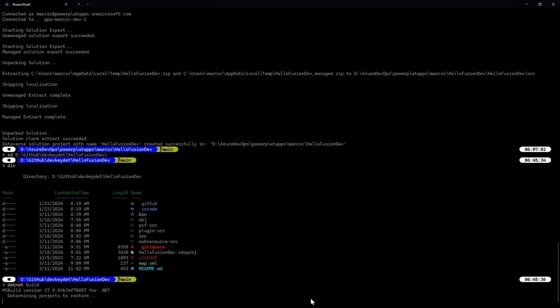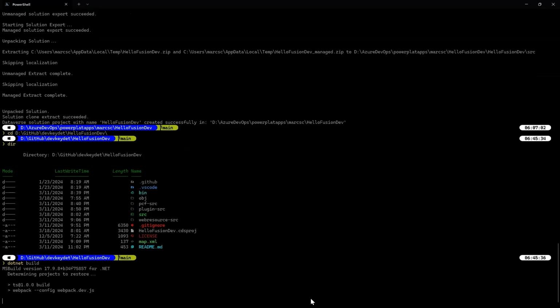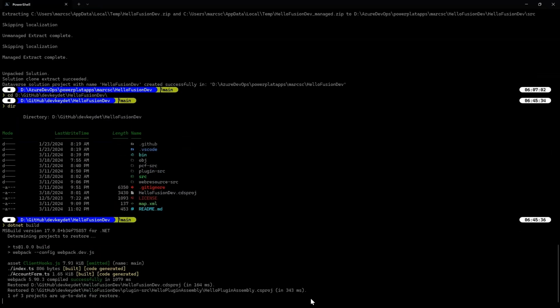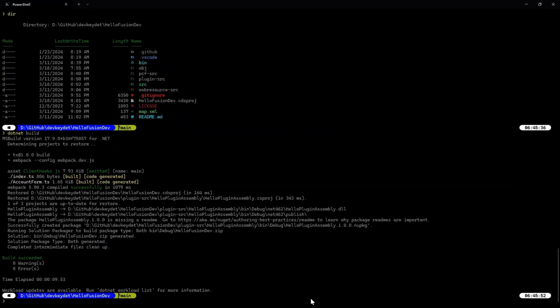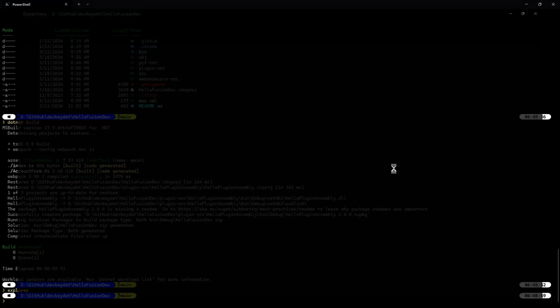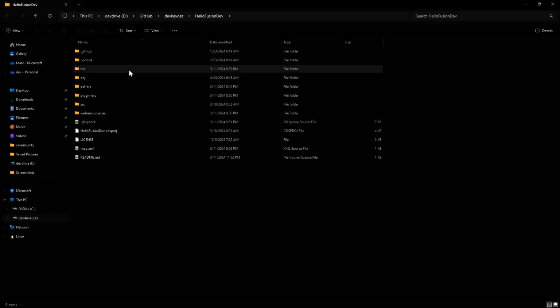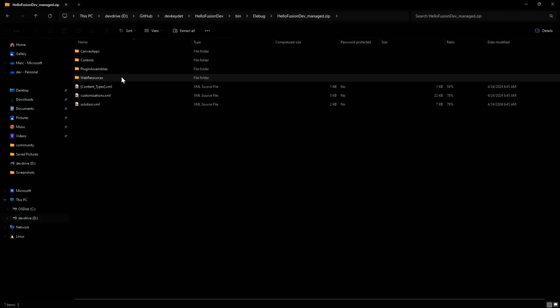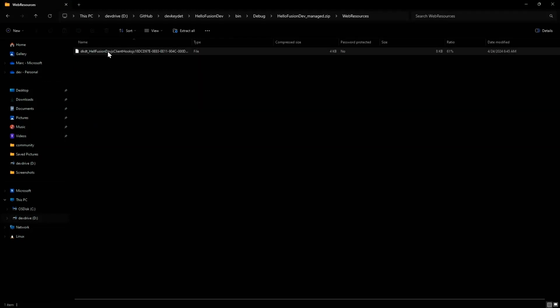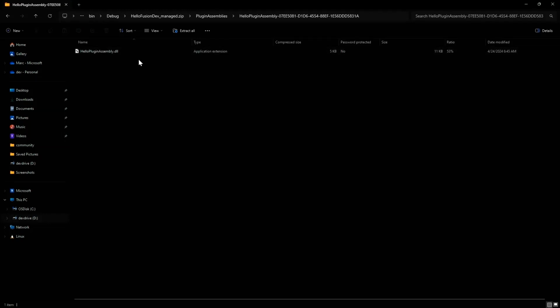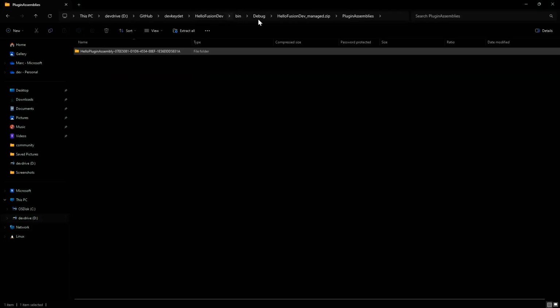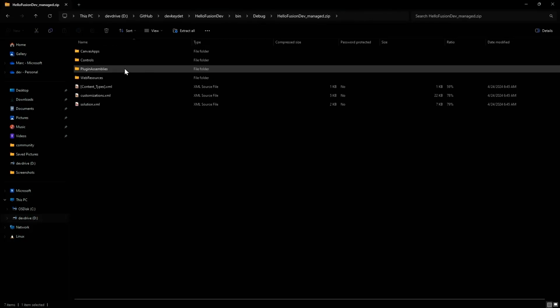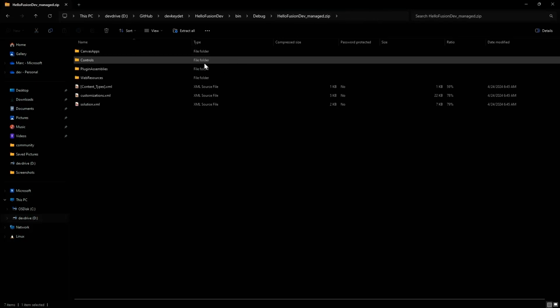As you'll see, it's going to build the TypeScript files and transpile them into JavaScript. It's going to build my .NET assembly. It's going to build my PCF project. And if I explore this, and I go in the bin debug directory and look at the managed zip file, you can see it's got a web resource, plugin assembly, it's just the DLL, right? It's not the source code. I have my PCF control,